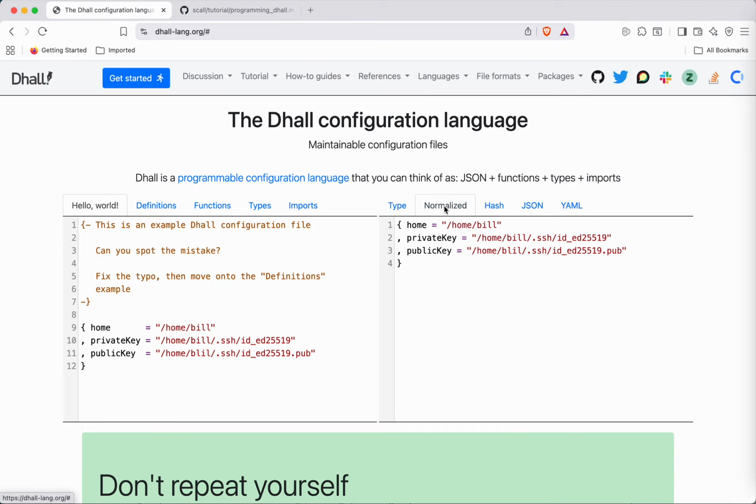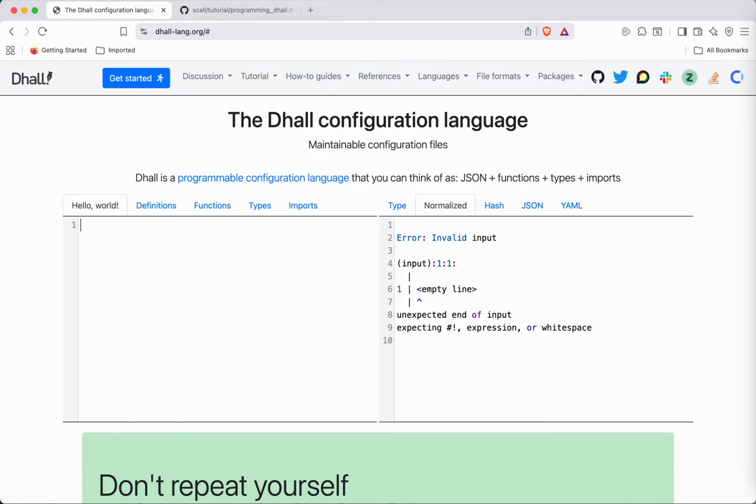For me, however, most interesting is that this is a purely functional and very powerful language, although it's a very small, easy to learn language. And the reason why it is so powerful is because it is essentially a flavor of lambda calculus, which is called System F Omega.